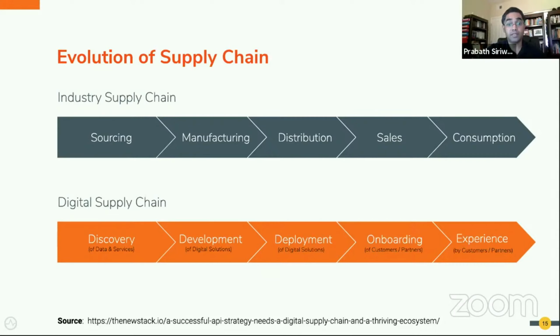Now the system is up and running and you start onboarding customers. Now you need to start monitoring the customer experience. You need to see how the customers use your product, their pain points, and so on. And then the digital supply chain will continue. You go to the next phase, do the discovery based on the services you need, and then keep going.